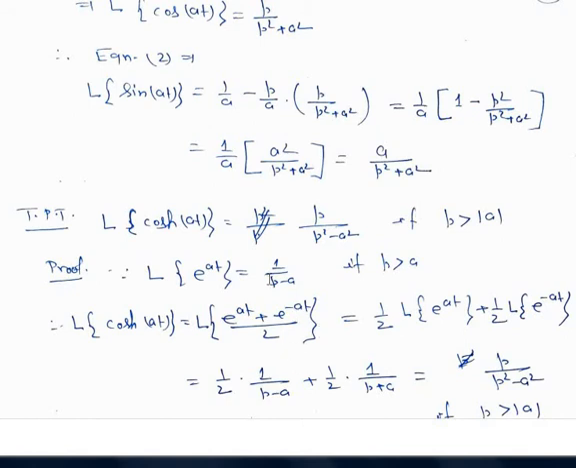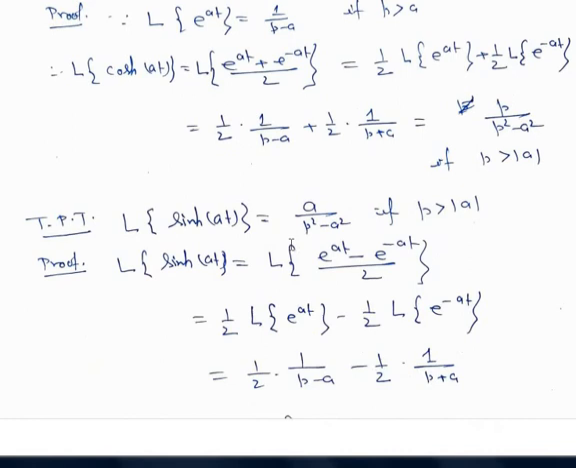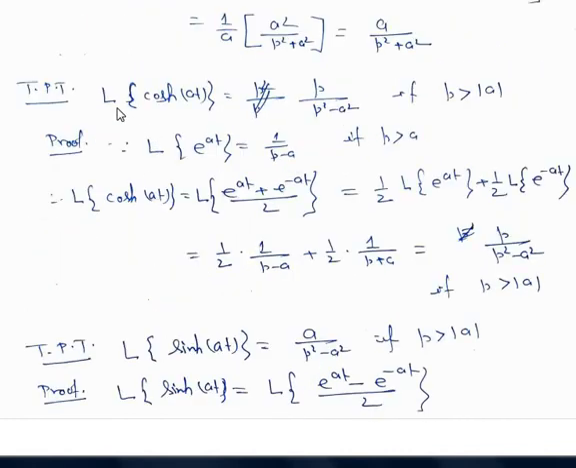Next we find out Laplace transform of hyperbolic function. Let's take Laplace transform of cos hyperbolic at. We should show that L of cos hyperbolic at is p upon p square minus a square if p is greater than mod of a. Now we have found out L of e to the power at is equal to 1 upon p minus a. So therefore L of cos hyperbolic at